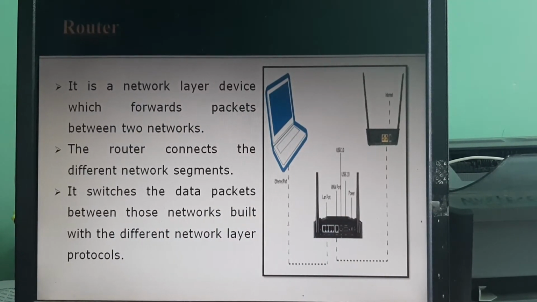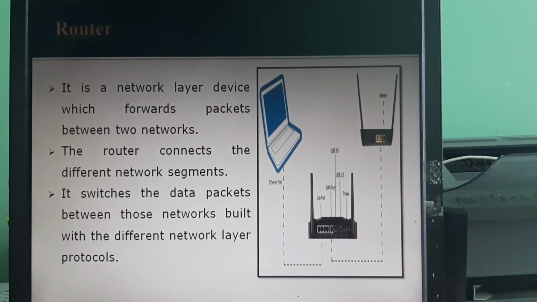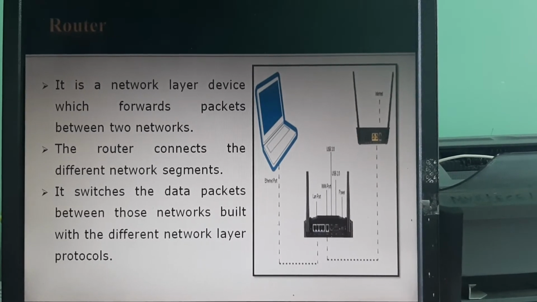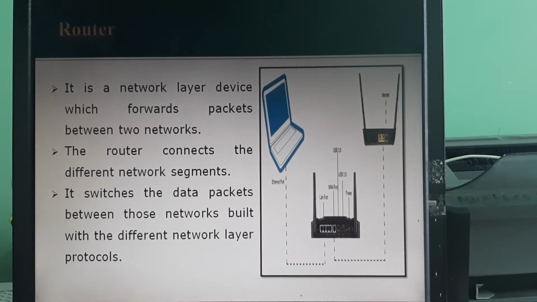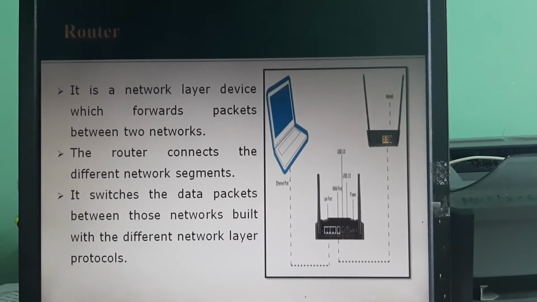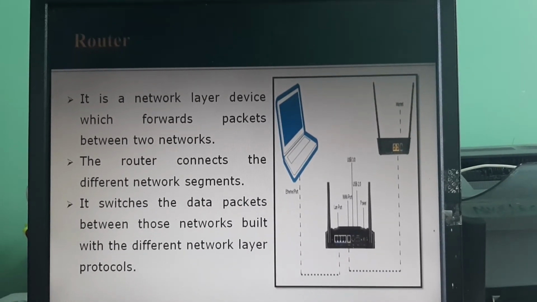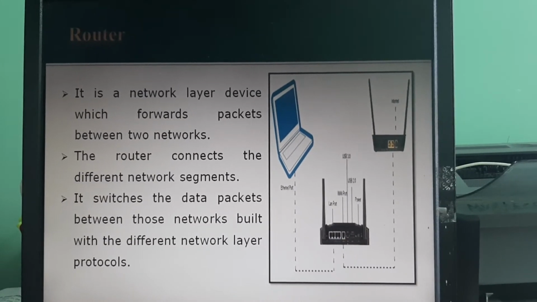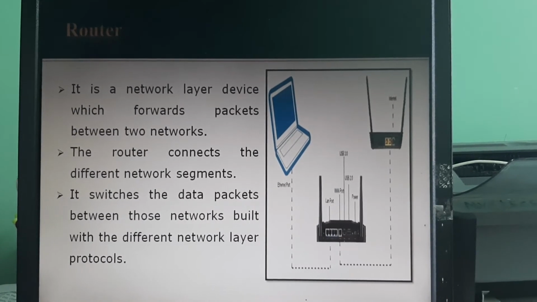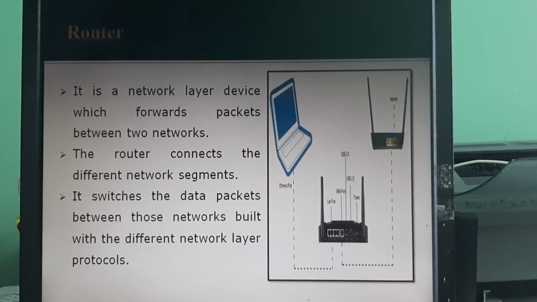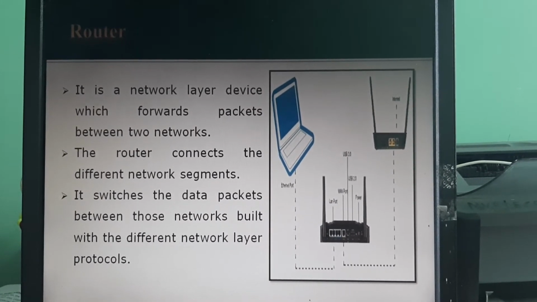Now coming to the 5th device of networking. That is nothing but a router. See, by its name, this router will maintain a routing table. So what is this router actually used for? This router is used in the network layer of your 7-layered architecture, which we will discuss in the next session. This router connects two network segments, means it switches the data packets. Remember, it switches the data packets between those networks which are located in different logical segments.